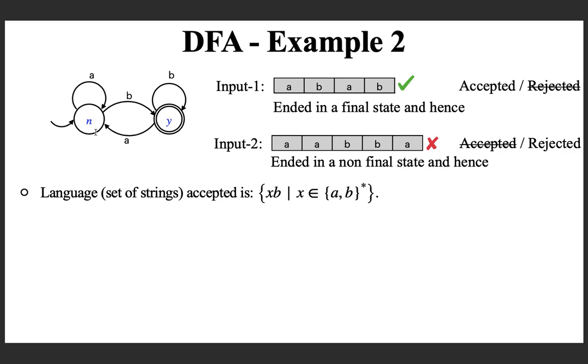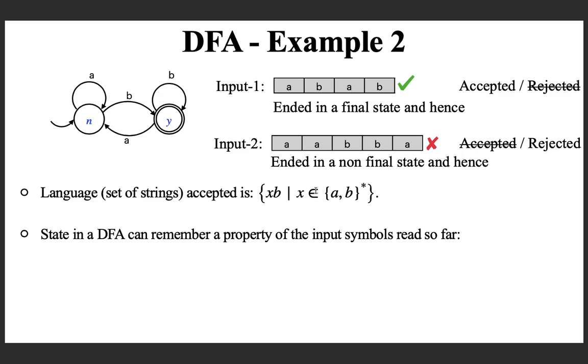You see that regardless of from which state, N or Y, if you process B, you will end up in this state. So if the last symbol is B, you end here and you accept. And if you accept, that means you ended your processing in this state, then the last transition, either this or this, was due to a B. So you can easily verify that this is the language: the set of all strings ending with a B. Now what is the state?